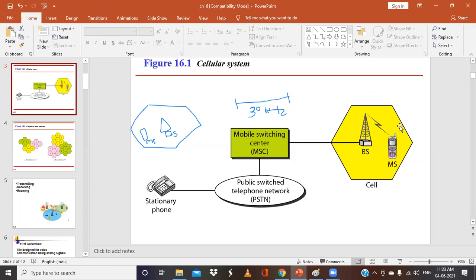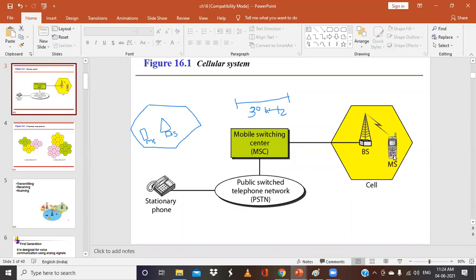There can be different base stations, and neighboring cells can also be present. So it will find the nearest base station, connect to it, and send the data, that is the phone number. Then this base station takes that particular data and relays it to the MSC, that is the mobile switching center. This MSC sends the data on to the telephone office.